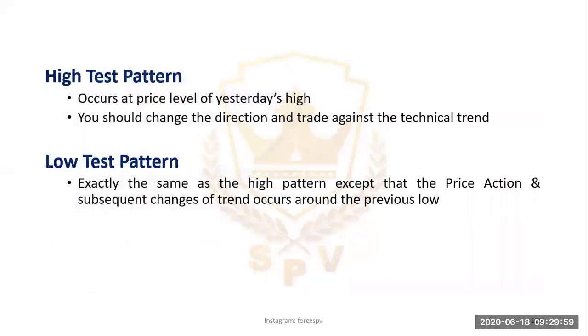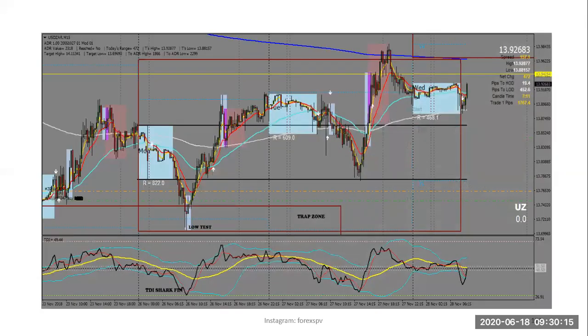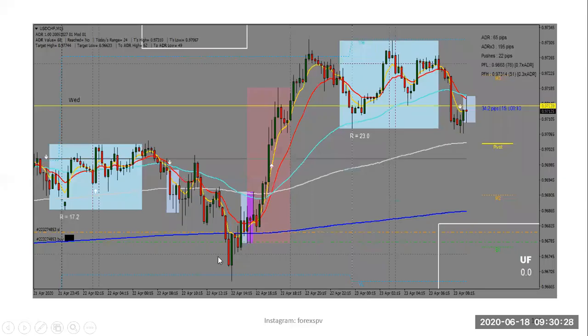And we have the high test and low test patterns. These are the patterns that occur around yesterday's high or yesterday's low. But usually the dealer only pins the high or the low and forms a V out of it. Like here we had a low test pattern. The dealer came and pinned, and we had a V. Here we had a low test pattern. See this pin? This was simply triggering of stop losses, or the penny dollars, around yesterday's low, and then eventually